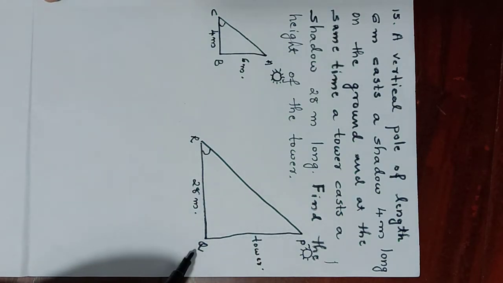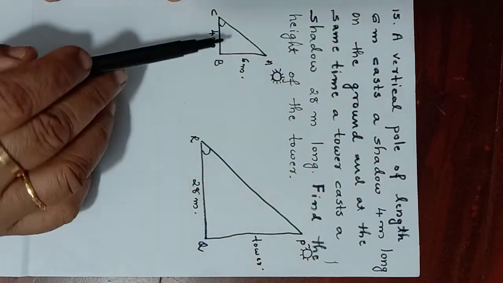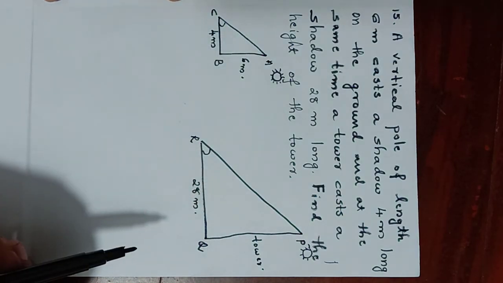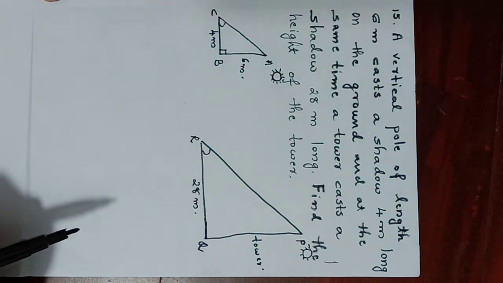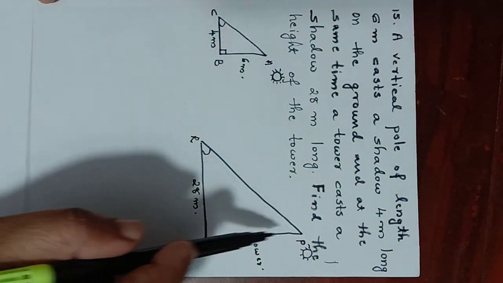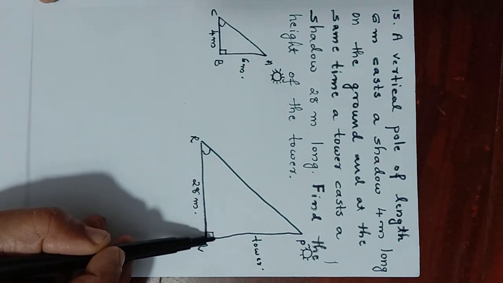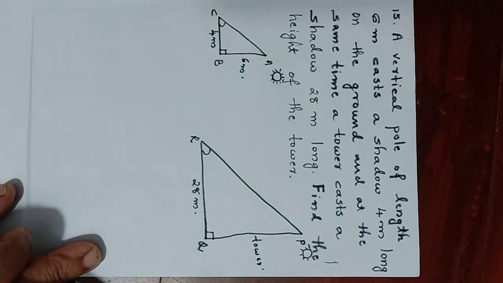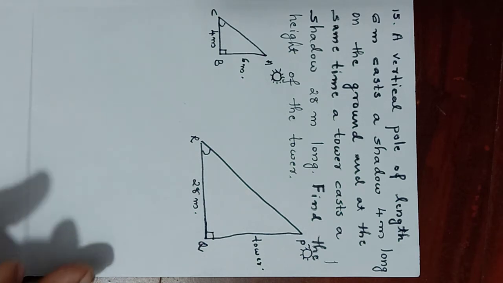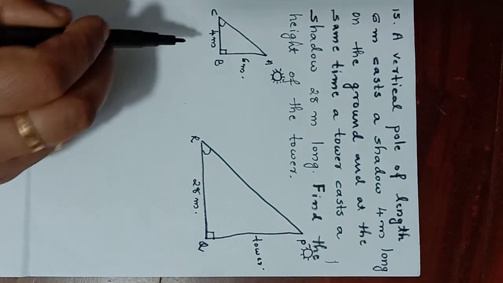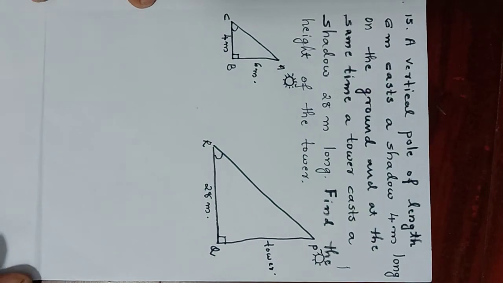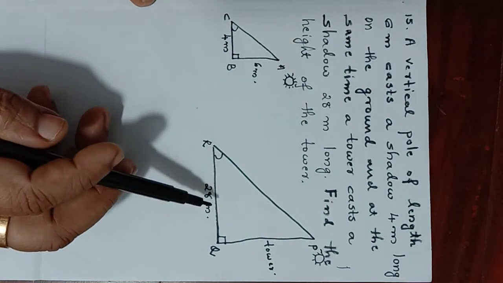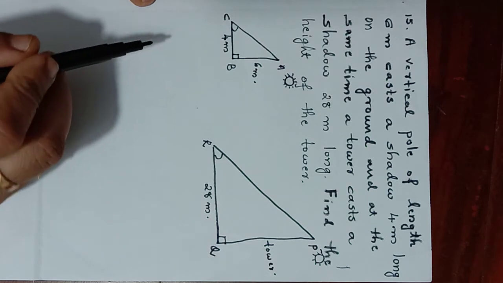How will we find out the tower's height? See these two triangles. Are they similar triangles? So here AB will be perpendicular to BC, vertical pole. And the tower is also vertical. Usually it is vertical. There will be different types of towers, but we consider it a vertical tower. Okay, so here we have angle C equal to angle R. We are going to consider two triangles and we will say that these two triangles are similar. If similarity comes, proportionality of the sides comes.